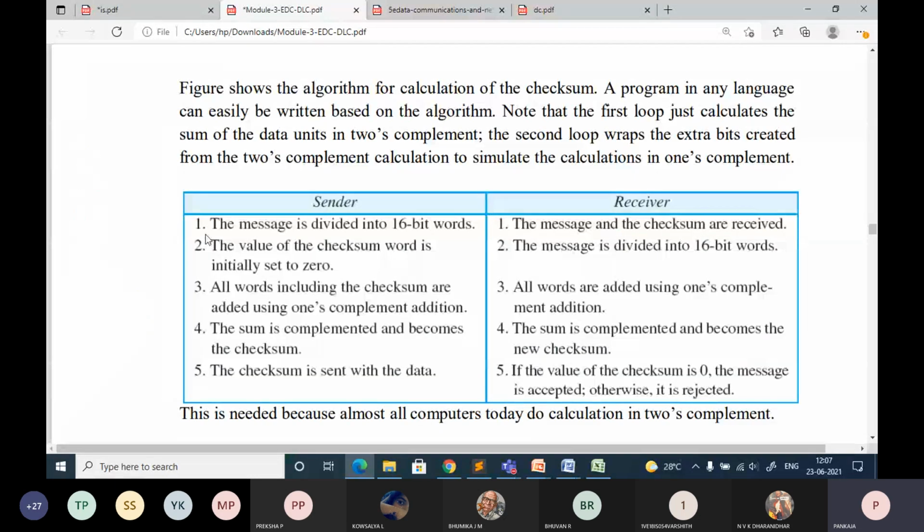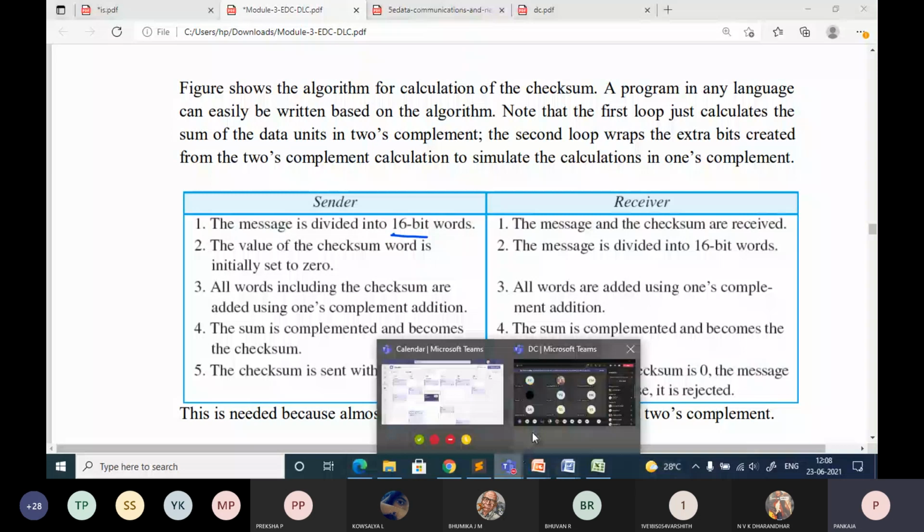The message is divided into 16-bit words. It depends; here I said 4 bits. Depending on your choice, you just fix it. Whatever data you have, if you divide it into 4 bits, then all blocks of data should be 4 bits. If it is 16 bits, then you divide the complete data into 16-bit words.